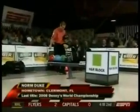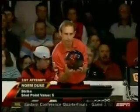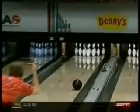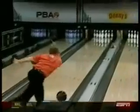Any lane I want to take this one. Won the Denny's World Championship in Indianapolis earlier this season, did Duke. Drops all 10 for 5 points. Threw a few strikes at the U.S. Open too, didn't he, Rob? More than a few. A wonderful performance in New Jersey from Duke. Going one-handed here. And no thumb. Oh, that's got a hook. Hook hard. Oh, yes! Didn't exactly punish the pins, but enough of a breeze to take them all down. It's not how, it's how many. Mm-hmm. All right,